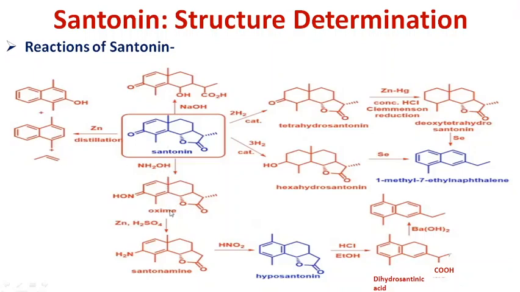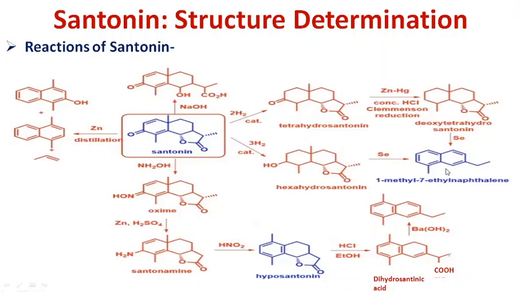reactions of santonin with hydroxylamine yielding oxime, and with zinc and sulfuric acid it forms santonamine. This carbonyl oxime group is reduced into amino group. Similarly, the catalytic hydrogenation, as you can see, gives the formation of tetrahydrosantonin and hexahydrosantonin, and on the upper side you can see the Clemmensen reduction, conversion of this carbonyl group into CH2 group yielding